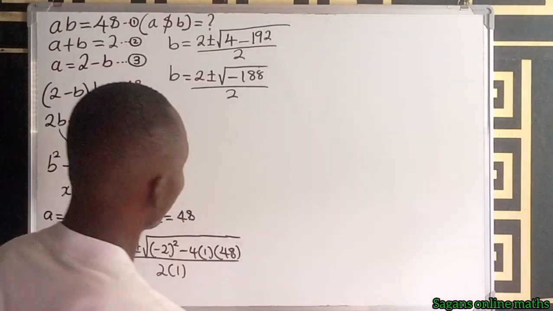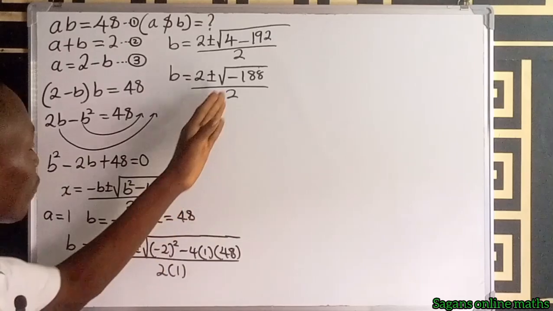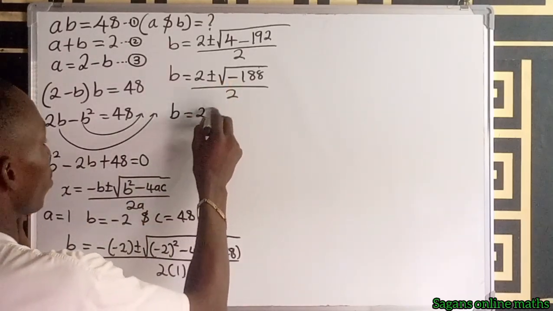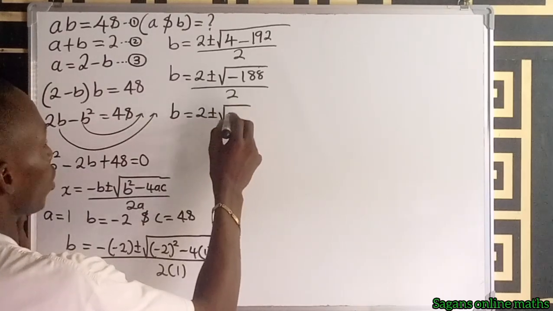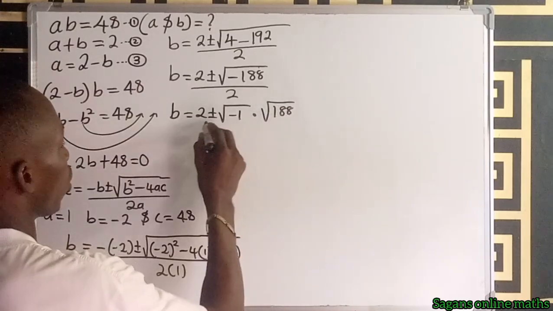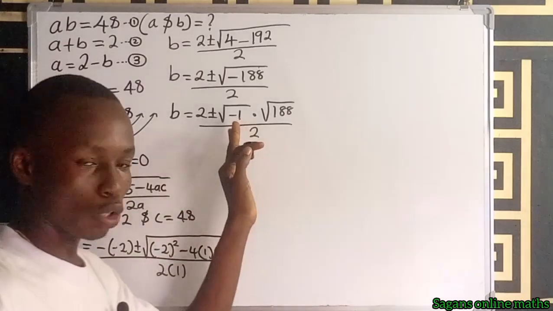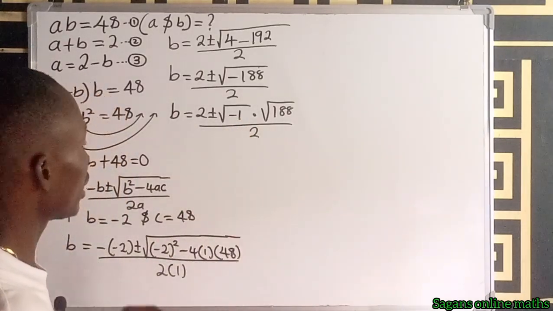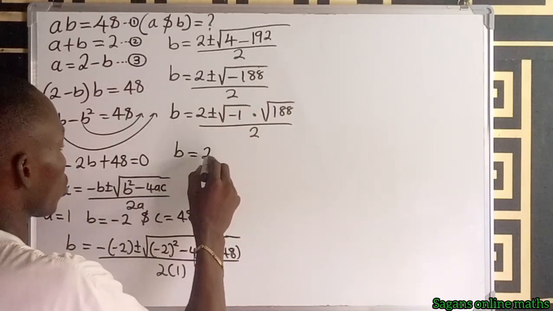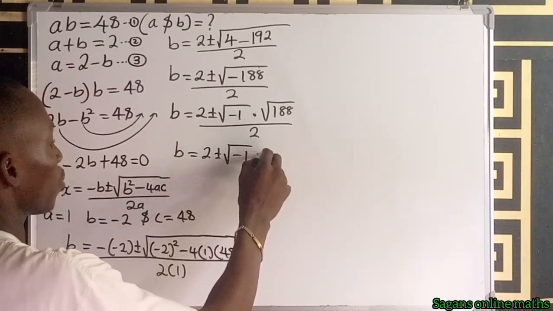Now let's look at this square root of minus 188. Do you know that we are not wrong? If we decide to simplify this square root, b is equal to 2 plus or minus the square root of minus 1 multiplied by the square root of 188, all divided by 2. If you obey the properties of surd very well, you will know what happened here. At this point, this is a surd, and that means our b will be equal to 2 plus or minus root minus 1 multiplied by root